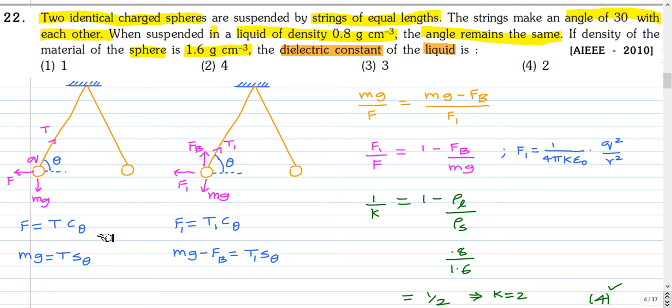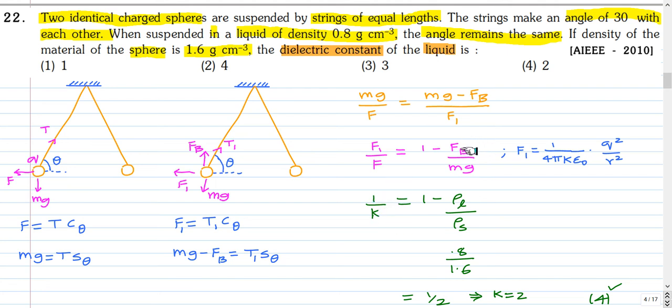So one way to do is, if you divide this equation by this equation, we get mg by F as tan theta. Similarly, if you divide this by this, we get mg minus Fb divided by F1 as tan theta, and equating those two we get mg by F equal to mg minus Fb by F1. So this can be rewritten as F1 by F equal to 1 minus Fb by mg, and the electrostatic repulsive force is given by Coulomb's law, 1 by 4 pi k epsilon naught into q square by r square. So F1 by F is 1 by k,